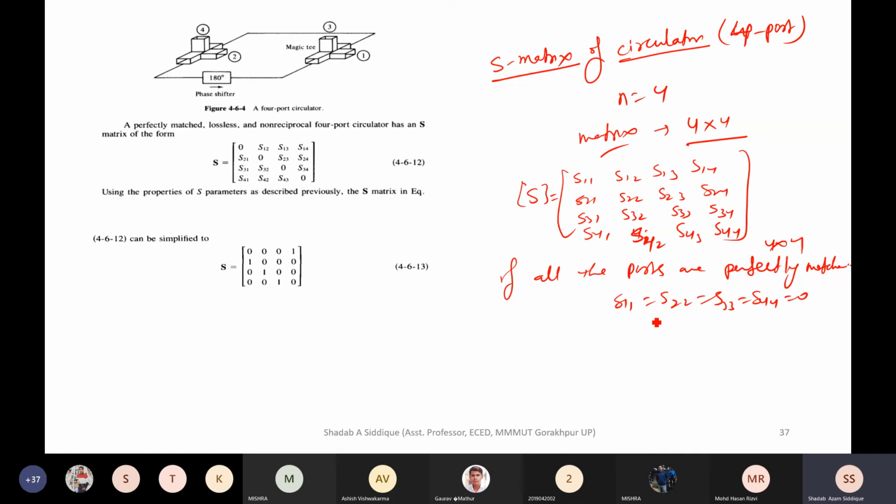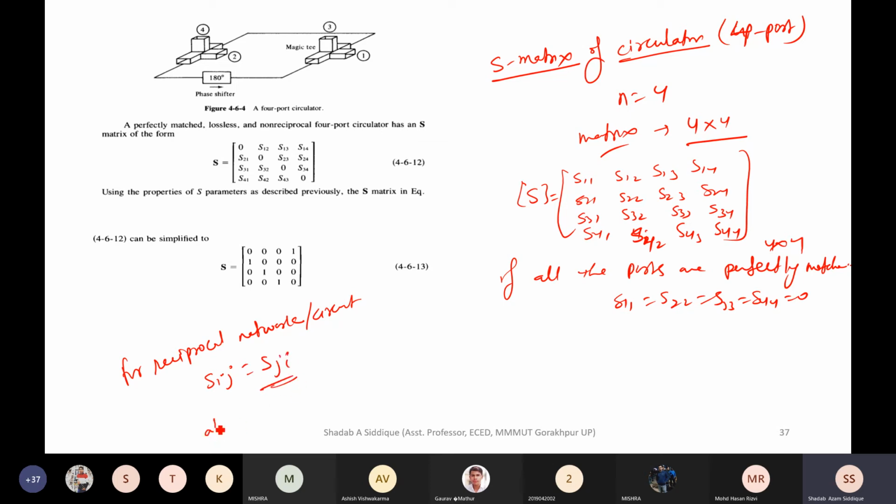It is non-reciprocal. I told you at the start, the properties of the S matrix. When it is a reciprocal network, subject to the condition that it is a reciprocal network, all the properties follow. Like we had the unitary property, like we had Sij is equal to Sji. I told you, no? So for a reciprocal network or reciprocal circuit, Sij is equal to Sji.